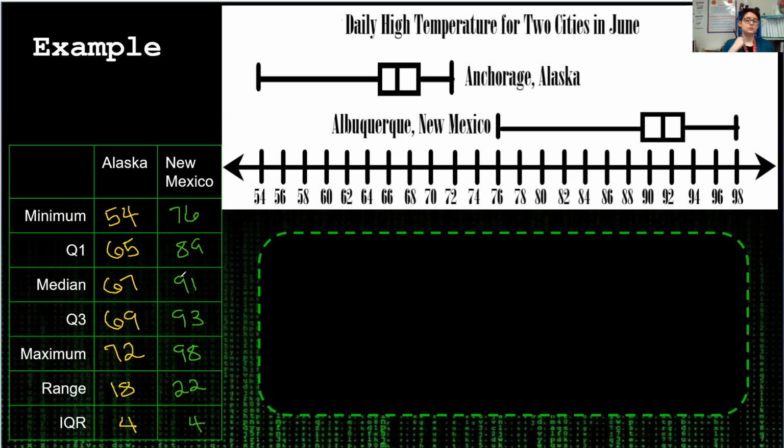What are some other conclusions we can draw? Well, we can tell just by looking at the graph. New Mexico is hotter. There is no overlap in these graphs. That means for the month of June, Alaska's hottest day was still cooler than New Mexico's coolest day. And that shows here too, with all of the data points being higher. And then we said that they both have an IQR of 4. So 50% of temperatures